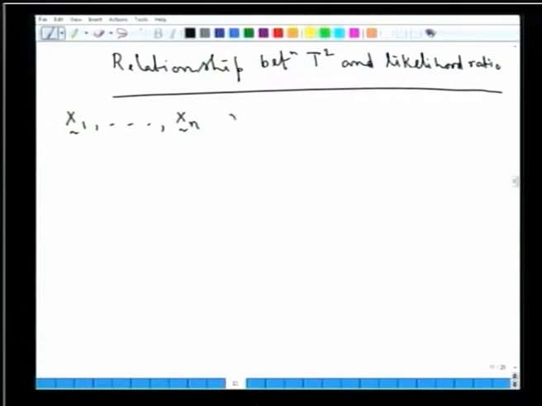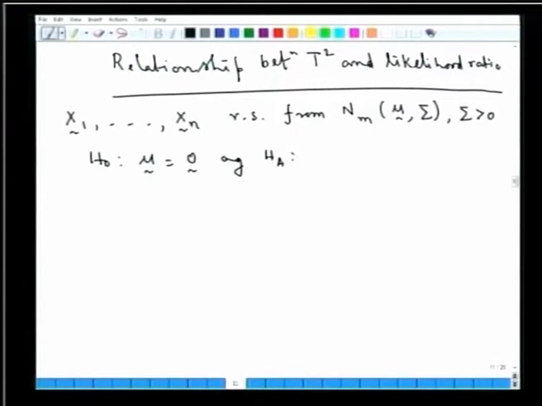So this is a random sample from a multivariate normal, N_m(mu, sigma). Sigma is positive definite and unknown, and mu is also unknown. So suppose we have this null hypothesis, mu equal to a null vector. This is to be tested against the alternate hypothesis that mu is not equal to that null vector, and we